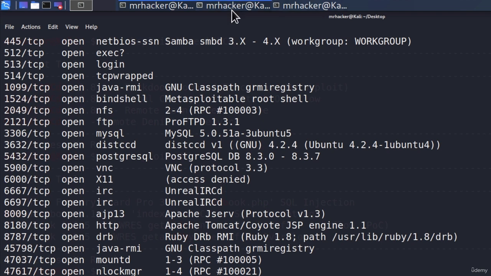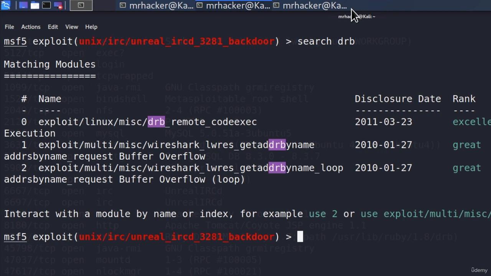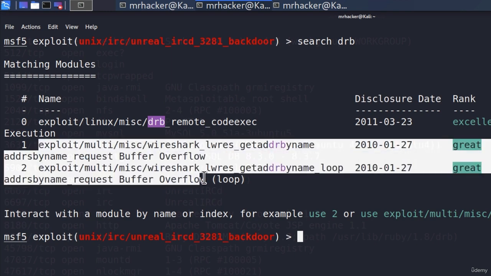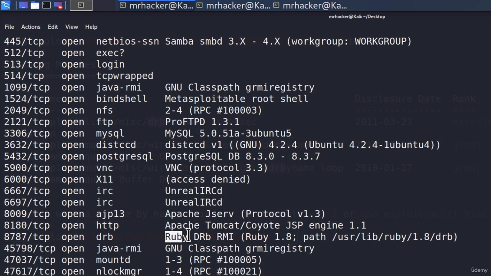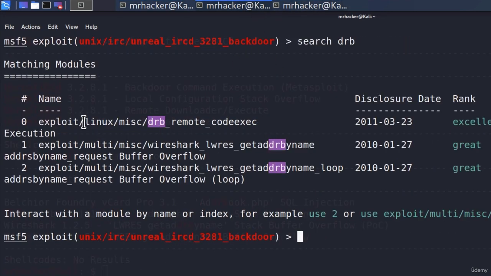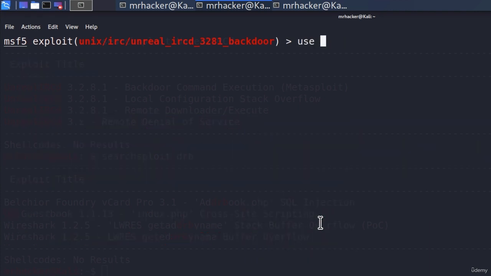Whoops, not here. Let's just double check right here if we can find something regarding DRB, and we do manage to find it. So we got these 2 exploits, which are for the multi, and we got this DRB remote code execution. It says distributed Ruby remote code execution. And if I go right here under the version, we can see that it is running Ruby. So let's just give it a try. You never know. If we copy this exploit, which says DRB remote code execution, and we use it right here,